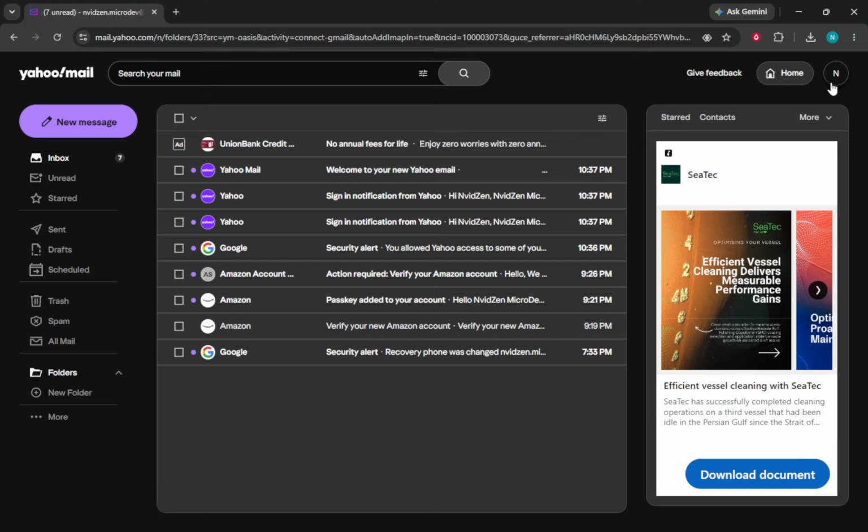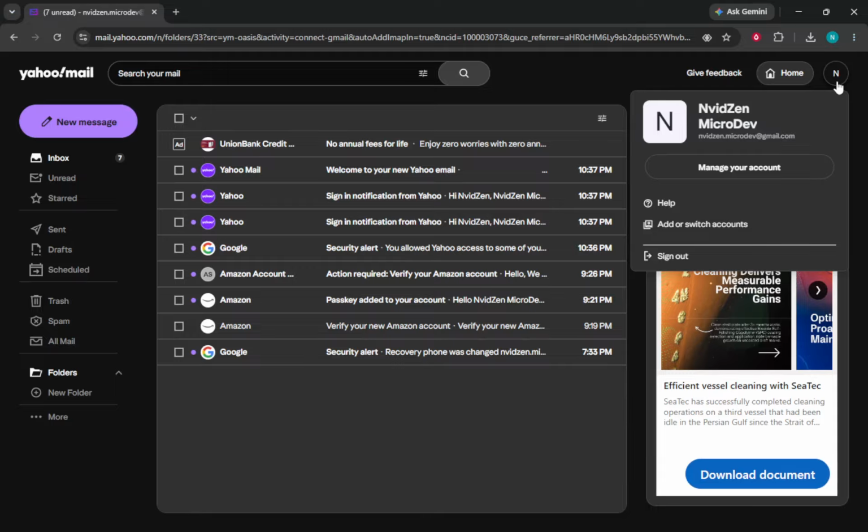This area is crucial because it provides a quick access point to your account settings. Clicking here will open a drop-down menu with several options, making it easier to manage your account. Once you click your profile picture or name, your full email address will be displayed. Pay close attention to the details shown. This will typically look something like johnsmith@yahoo.com. The part before the @ symbol is your Yahoo ID.